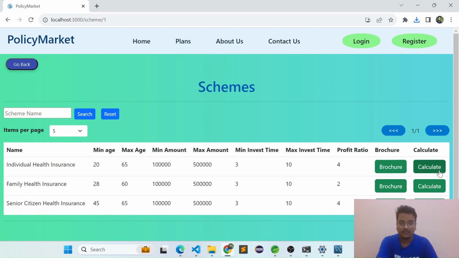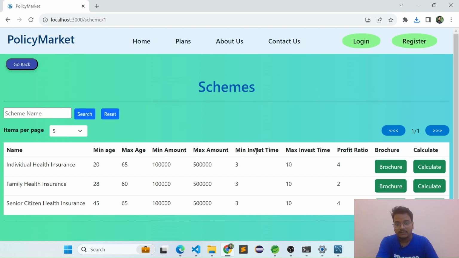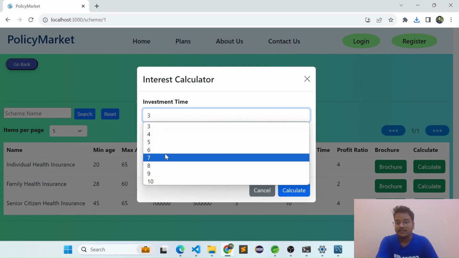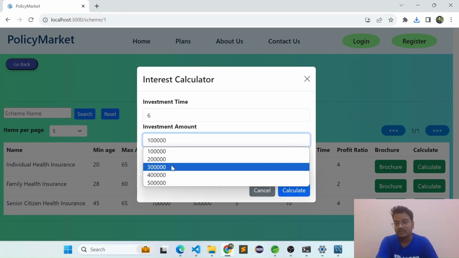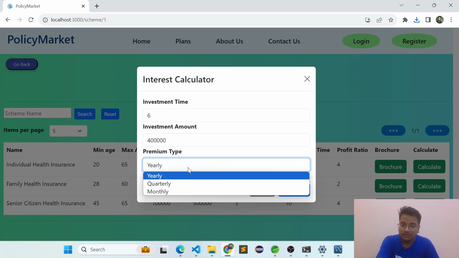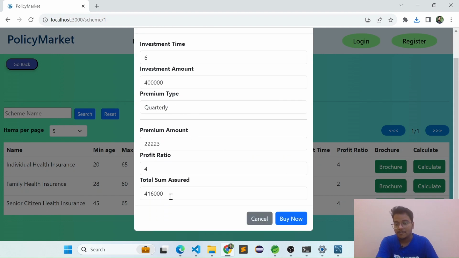Now if I come to calculate, you can see here minimum invest time is given, maximum invest time is given, so you can choose any year between these two years, and also you can choose any amount between these two amounts. So if I click on calculate, suppose I have to buy a scheme for 6 years, and investment amount, suppose I choose 4 lakh, and premium type, you have to choose from these three different menus. So if I can pay quarterly, I can calculate, and